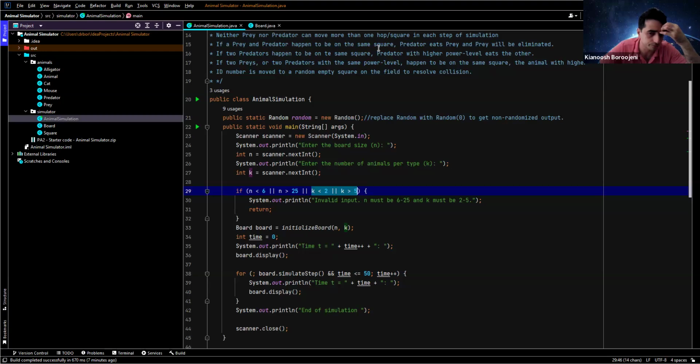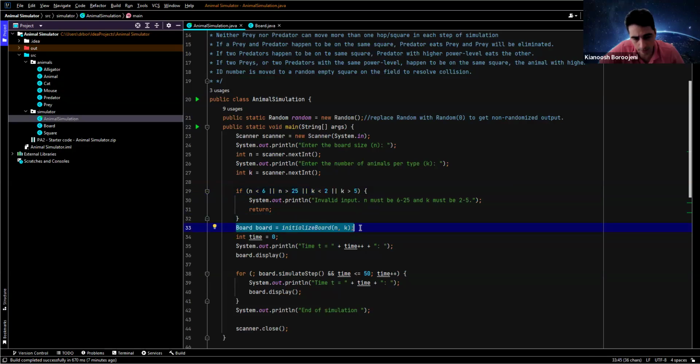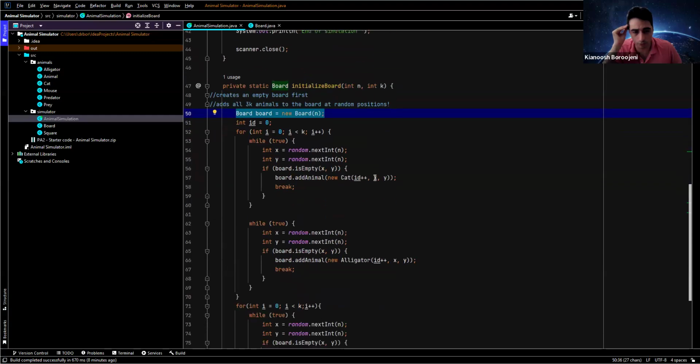Also, as you see here in this main method, I'm initializing the board using the values n and k. That method is implemented in another class called Board, which is going to get an integer n and another integer k, and it's going to create a new board for me and fill that board